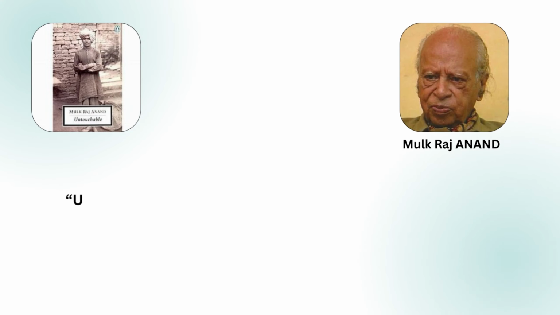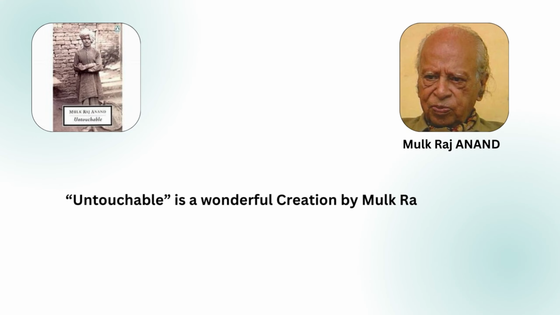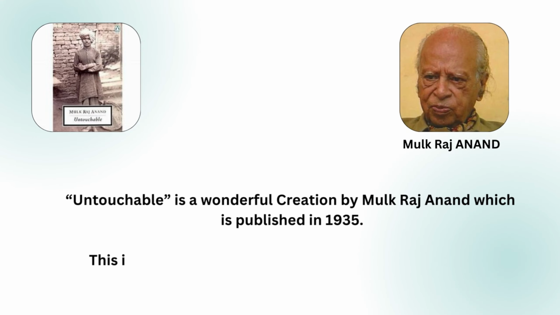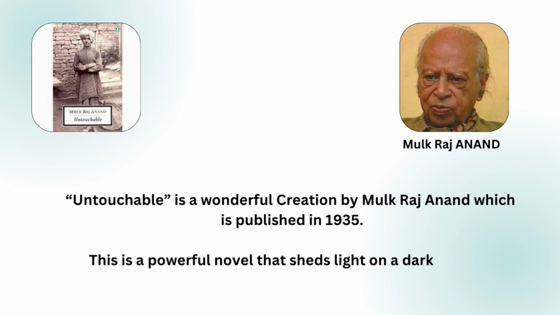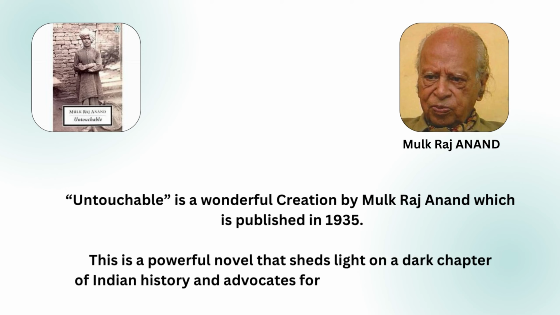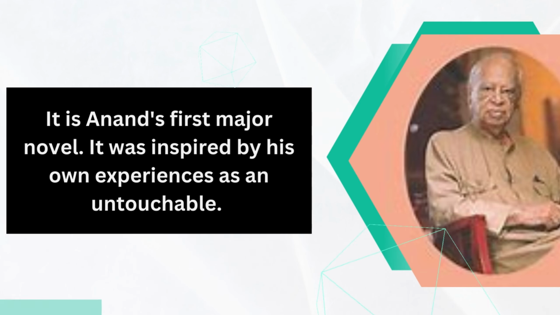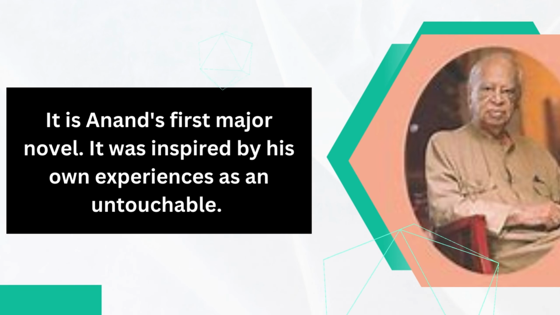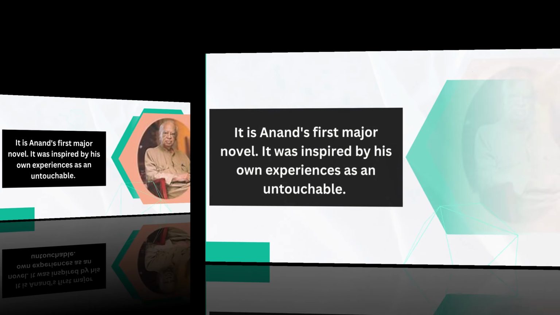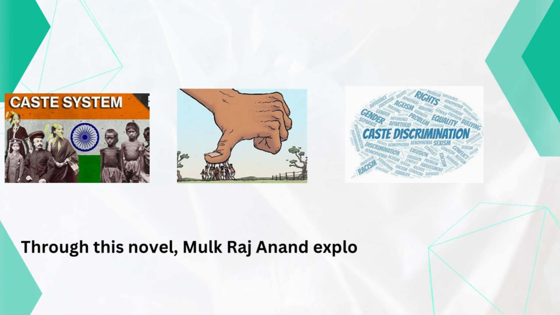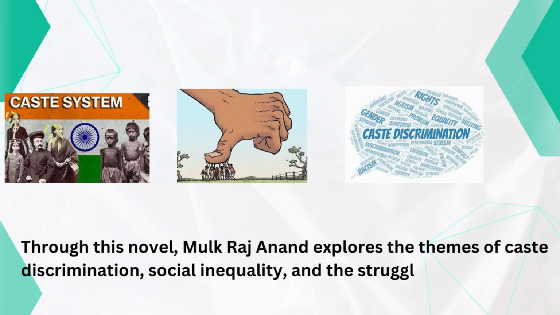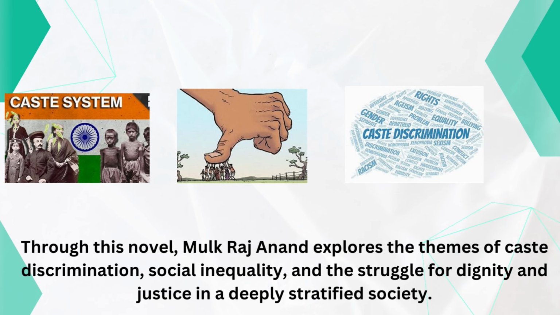Untouchable is a wonderful creation by Mulk Raj Anand, which was published in 1935. This is a powerful novel that sheds light on a dark chapter of Indian history and advocates for social justice and equality. It is Anand's first major novel. It was inspired by his own experiences as an untouchable. Through this novel, Mulk Raj Anand explores the themes of caste discrimination, social inequality, and the struggle for dignity and